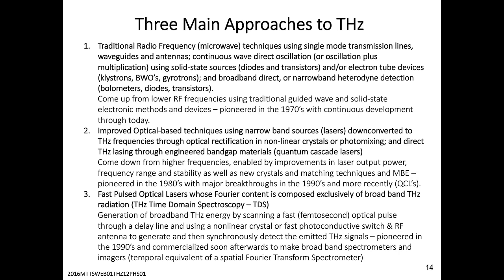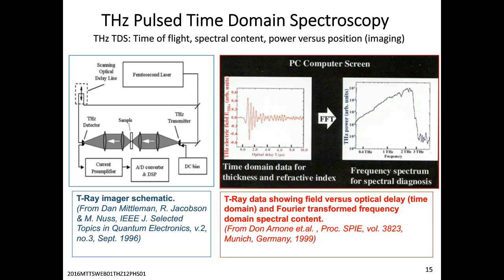And you can build a spectrometer, which is essentially the temporal equivalent of a spatial Fourier transform spectrometer using optical time domain pulse technique. And that's really opened up a lot of applications for terahertz. So just to highlight that, here's a very old slide just giving you a block diagram of how this works. You take a femtosecond laser, beam split it, and send one part of the optical signal through a delay line,